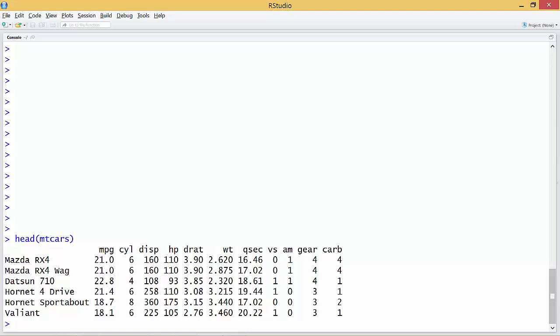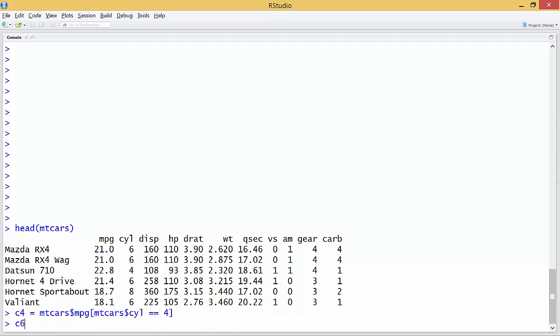So I want, let's say my 4-cylinder, I'll just say mtcars miles per gallon, which is what our outcome is, in the case where mtcars cylinder equals 4,